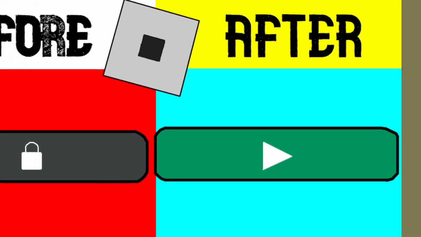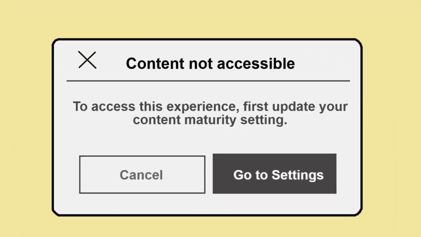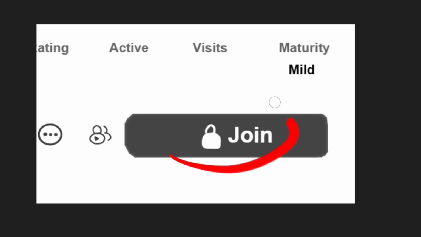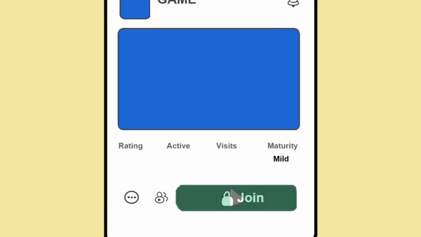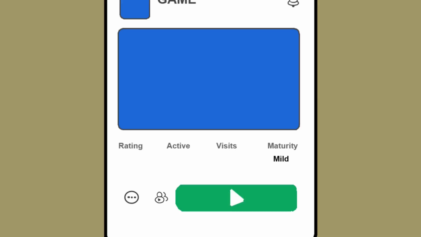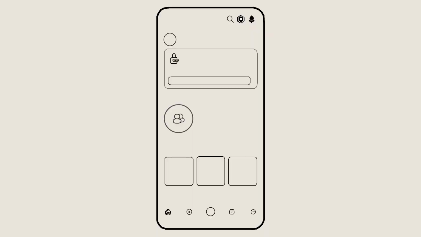How to fix content not accessible on Roblox due to maturity restrictions. One of the solutions to turn this padlock button into a play button is: after you log in to Roblox, go